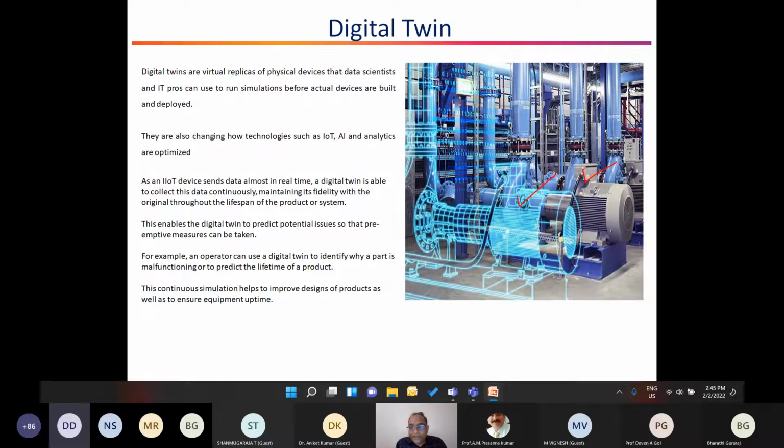We mimic the functionality of the physical component in a virtual component, and we insert various sensors in the real machine so that we read the information when it is live, when it is running. We gather this information, and then we decode it. We use all our intelligent algorithms to identify what errors that particular machine could possibly run into, or to identify its efficiency under varying conditions, right?